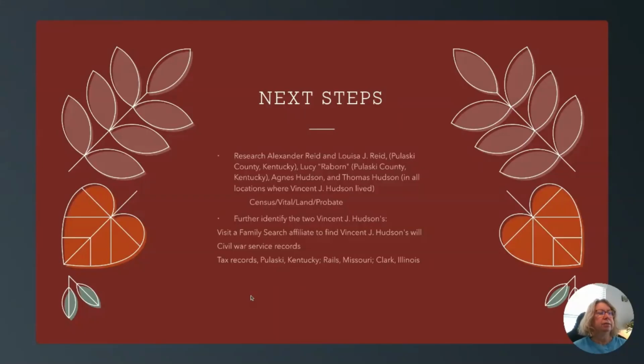So I want to find all the census records, vital records, at least marriage, and then land records and probate records for these individuals. I can also further identify the two Vincent J. Hudsons. So I have a distinct family group for each. That's going to help me get through all those land records and probate records to find the ones that I want. So I'm going to visit a Family Search affiliate to find Vincent J. Hudson's will and land records. Civil War service records I'm going to look for. So those are good